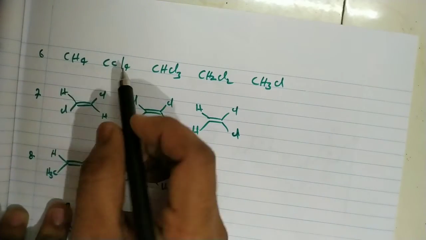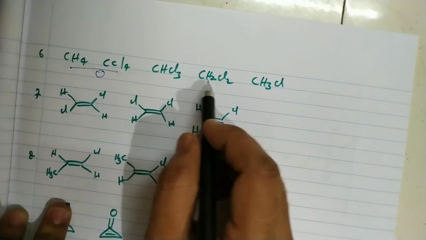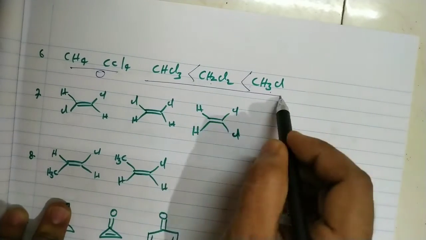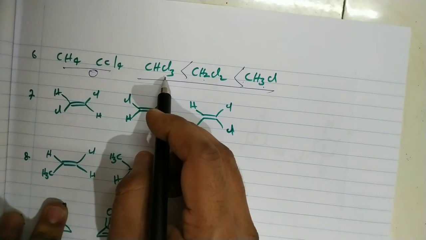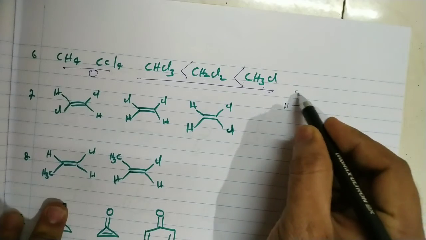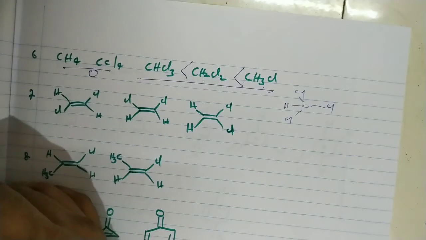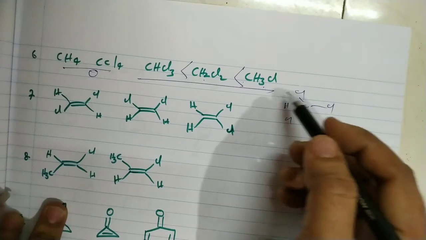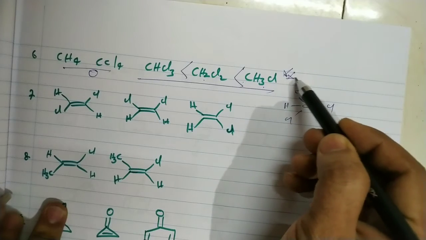CH4 molecule, CCl4 molecule, the dipole moment is 0 for these molecules. And CHCl3, CH2Cl2, CH3Cl: this one has the higher dipole moment. Of course, in this case there is some cancellation of the carbon-chlorine dipole moments. It has a tetrahedral shape like this, Cl here, Cl here. This one is also shaped like that, so the dipole moments of all the bonds cancel each other. That's why CH3Cl has the higher dipole moment, which is also a previous JEE Main question.